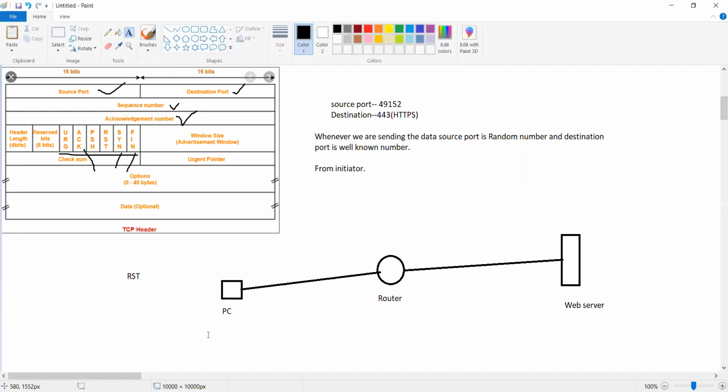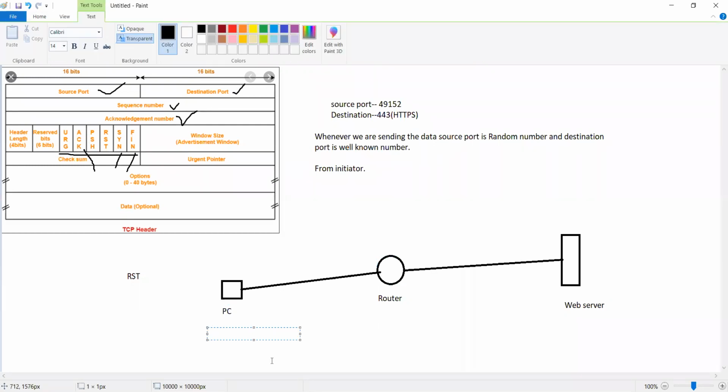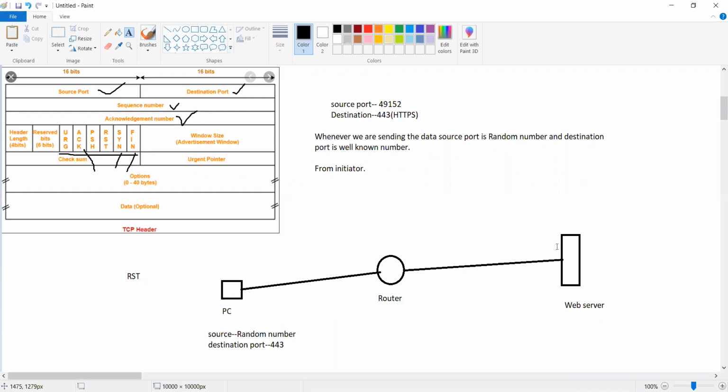Now, like the way I told, I'm sending my source port as a random number, some random number you can assume. I'm sending my destination port to be a well-known number. Let's say I'm requesting HTTPS, so I'm requesting port 443. For example, if port 443 is closed on this web server,